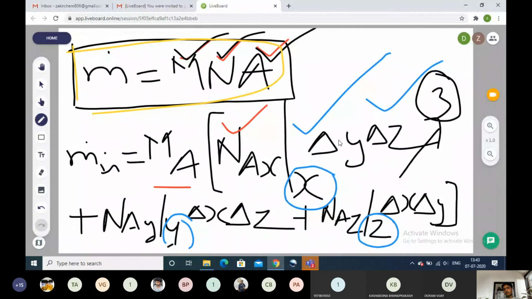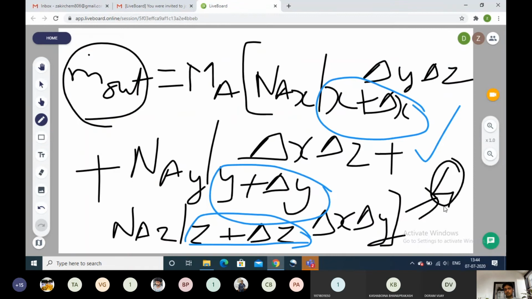So then multiplied by area, so the cross-sectional area we have to use. Therefore the flux is moving in the x direction, which means we have to use the cross-sectional area. The cross-sectional area of that x direction is nothing but delta y into delta z. For the y component, similarly, we apply the flux in the y direction at y, since it is at input, multiplied by the area delta x into delta z, plus we have to include the third direction, N_A in the z component at z, multiplied by delta x into delta y.